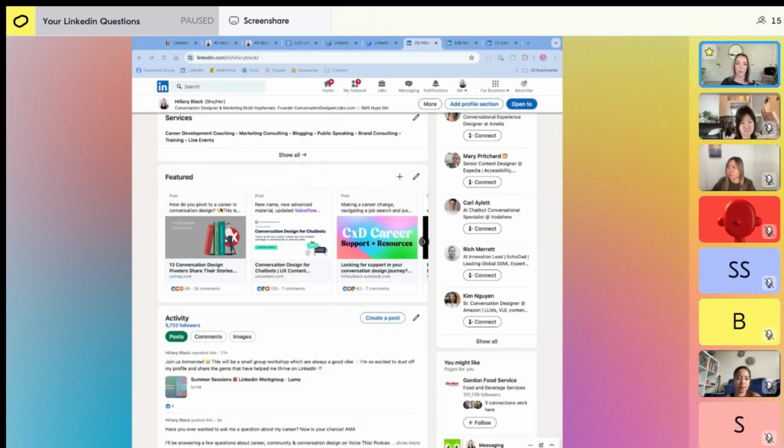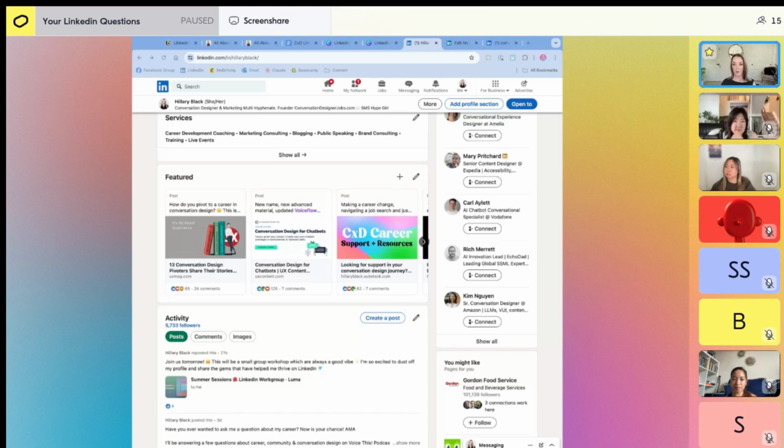So you could just have a post that says, hey everyone, I am excited to be looking for these types of roles. Here's my qualifications. And then that can live on your profile. Obviously, it's great if a person sees that post and they see, oh, I know someone who's hiring for that, or I'm looking for that. So it's a post that's not necessarily meant to be shared to get engagement for you in the LinkedIn newsfeed, but it's something that can just live on as a bookmark that you've made for yourself. And then another idea that you could do for that, which I mentioned in our previous workshop, is